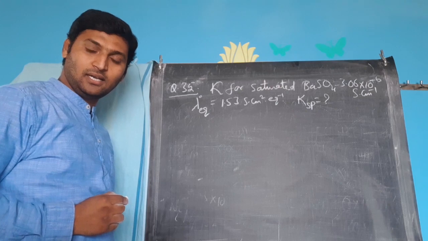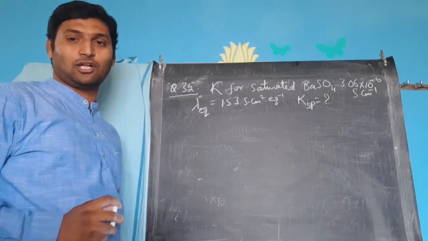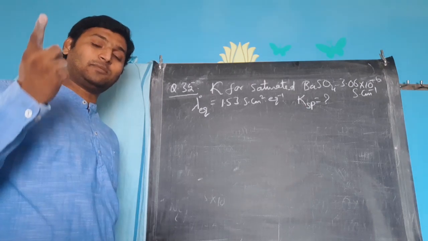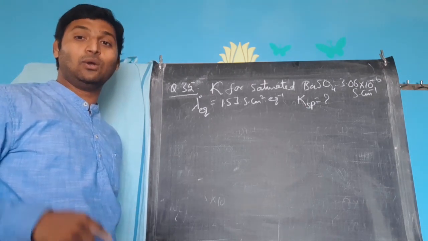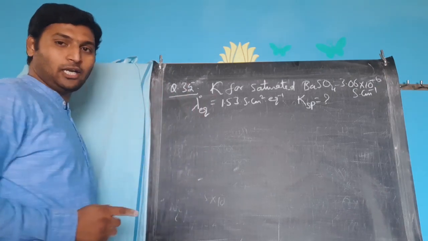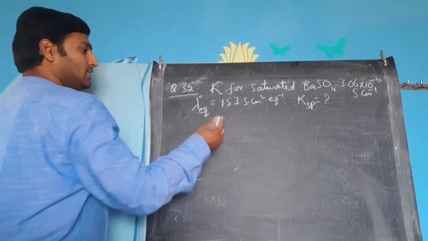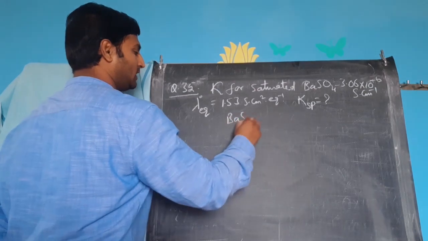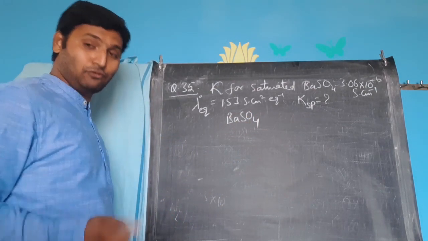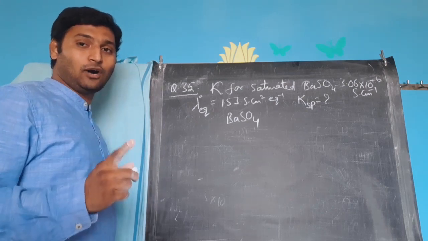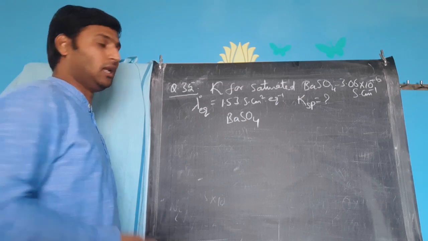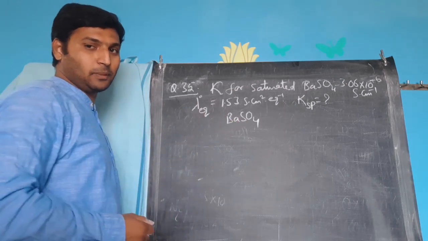If you remember, in the last session also we have done some questions related to solubility product, and while explaining applications of Kohlrausch law also I have explained what solubility product is. So let me directly jump into the solution. See, BaSO4, barium sulfate, is a sparingly soluble salt. I already told you 3-4 times that any salt that forms precipitate during its formation will be sparingly soluble, and barium sulfate is a white precipitate, you know that.